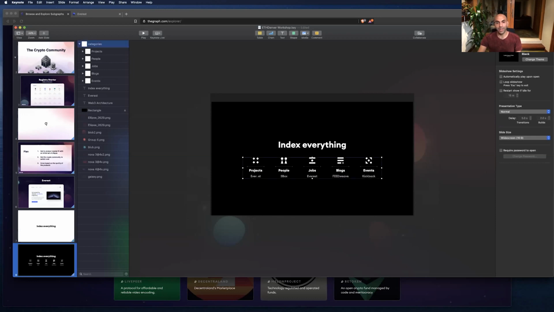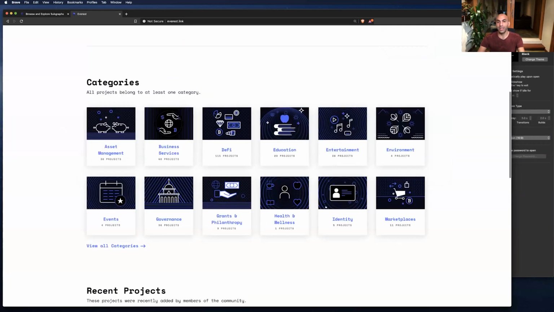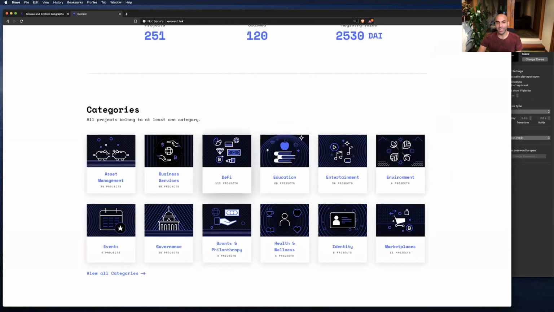Just these 5 things. If we just had projects, people, jobs, blogs, events, and every project in the crypto space was using native Web3 dApps for managing these things, we would be off to the races. We would be 0 to 1. And you could build great apps like Everest, where, browsing different categories, you'd be able to see all of the events